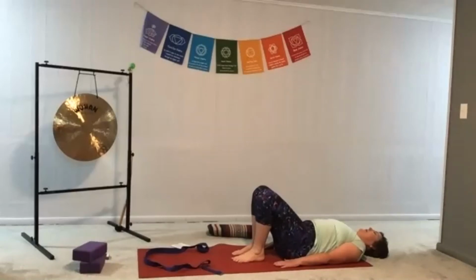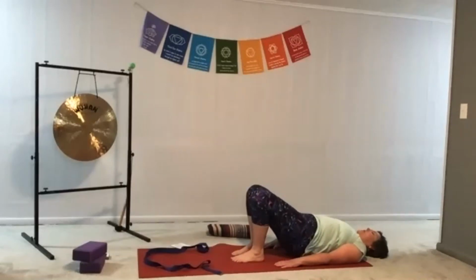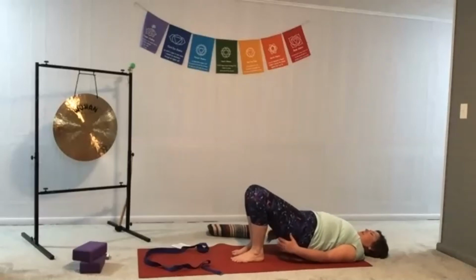Inhale, bring it in, tip a little higher. Exhale, release it out. Notice the muscles it's inviting into play in the legs, in the knees, in the groin, everywhere. Inhale, draw it in, begin to press through the feet. See if you can let those gluteal muscles go as you lift through your feet. When you get to the point where you can lift no higher without the glutes being engaged, hang out there